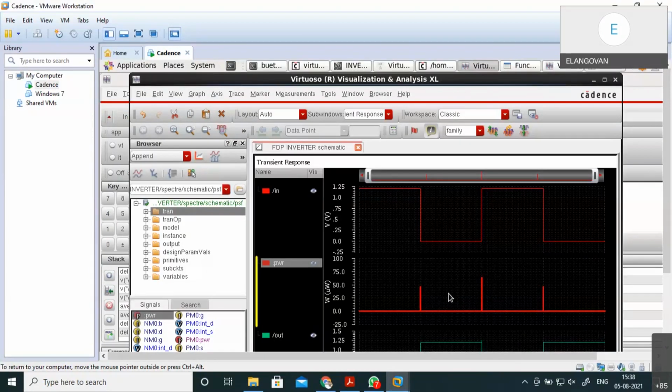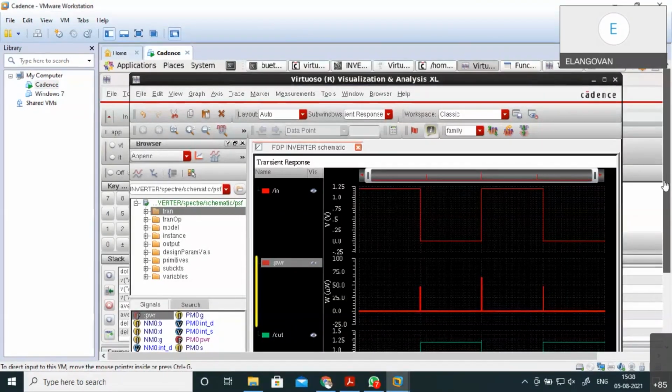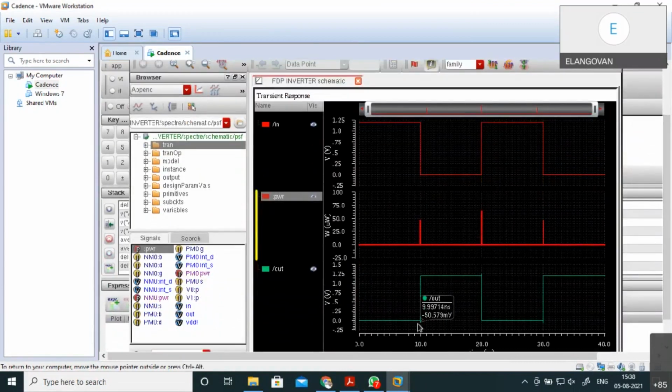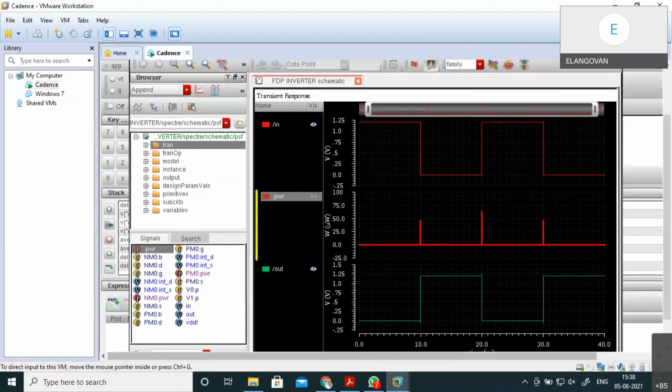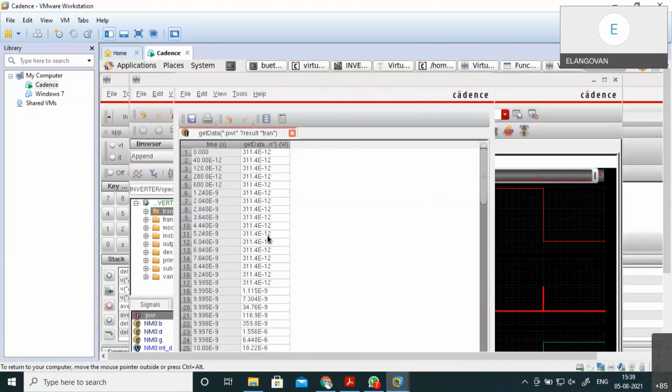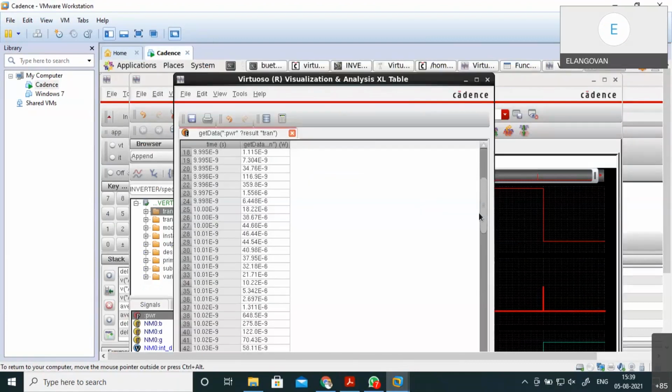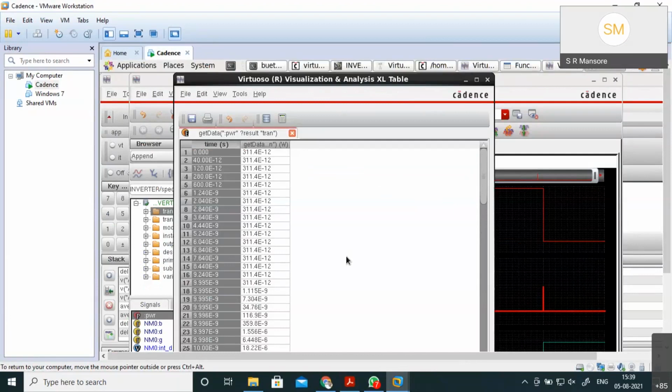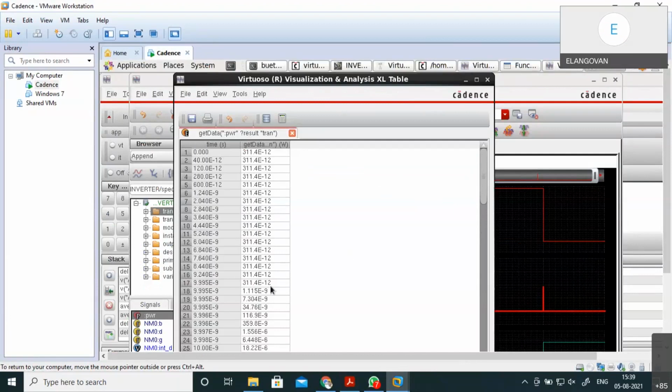Sir, from where to where you want the power, sir? From time T1 to T2, suppose 10 to 20. Yes, sir, 10 to 20. Okay. In the calculator, you choose only that time period, from this table. Take only that value and remove all the other values. Then take the average of that value. Yes, sir. I will take it and then average it. Okay. Thank you, sir. Yeah, thanks for your question, sir.